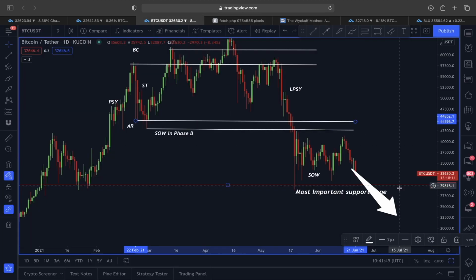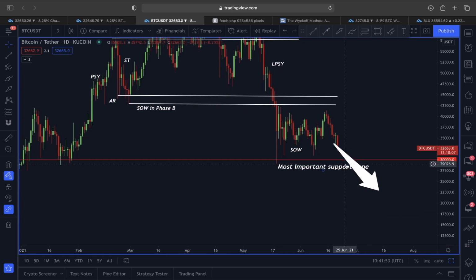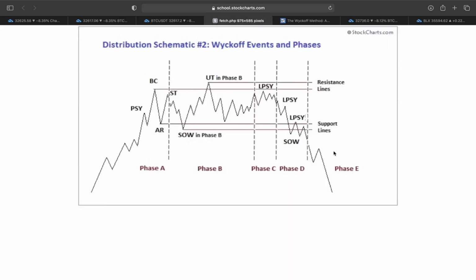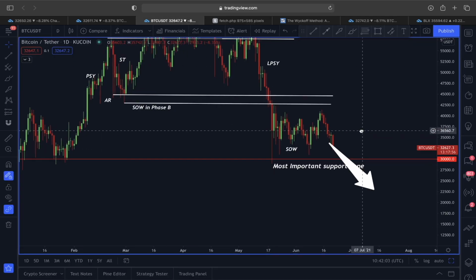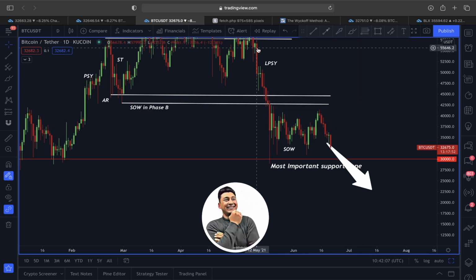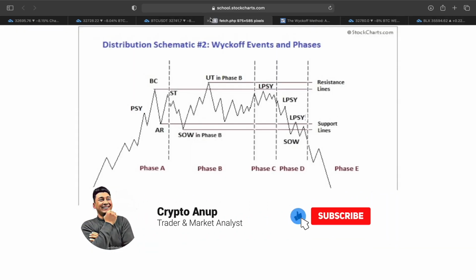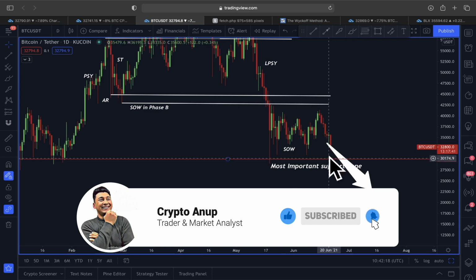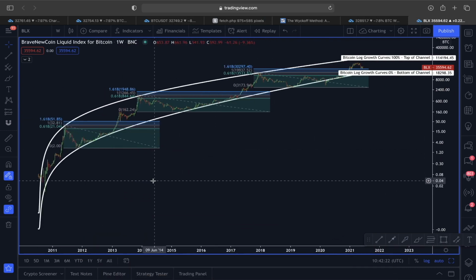So now you can see, if the 30,000 support is going to be broken, guys, then this is going to actually indicate the price here is officially entering the phase E area from Wyckoff distribution. So let's see how the price of Bitcoin is going to hold between the 30,000 to 33,000 area. But if the 30,000 support here is also going to get broken, then we can see this whole scenario in